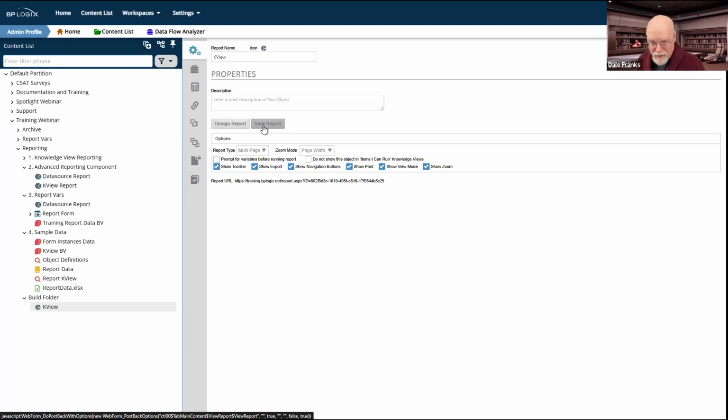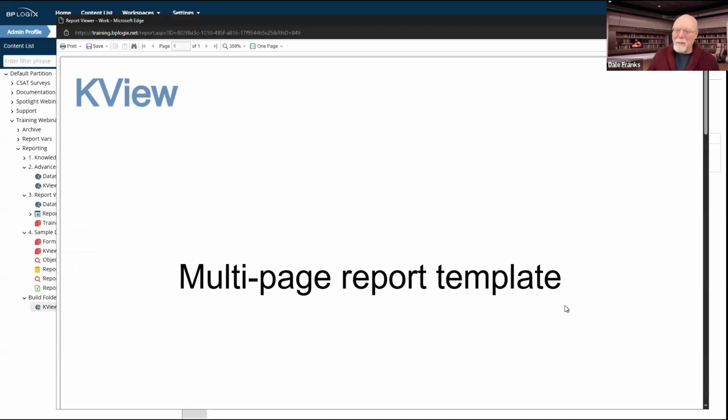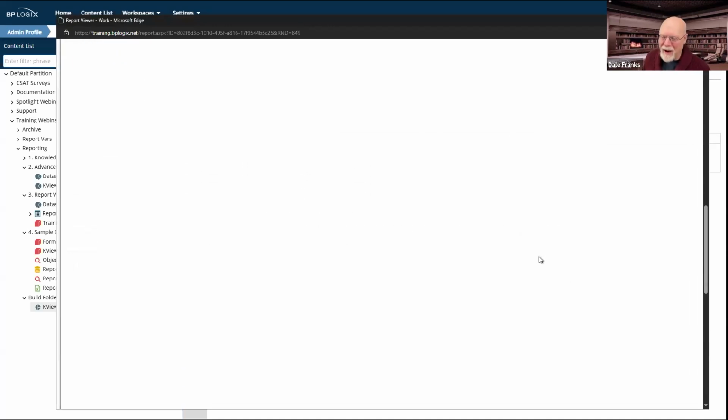It doesn't do anything. It's just going to show me a blank page. Well, technically, it won't show me a blank page. It will show me a page with some content, all of which is largely useless. We can, in fact, go ahead and look at it right now. I mean, it will generate what is technically a report. There it is. There's my report. We have to associate data with it.